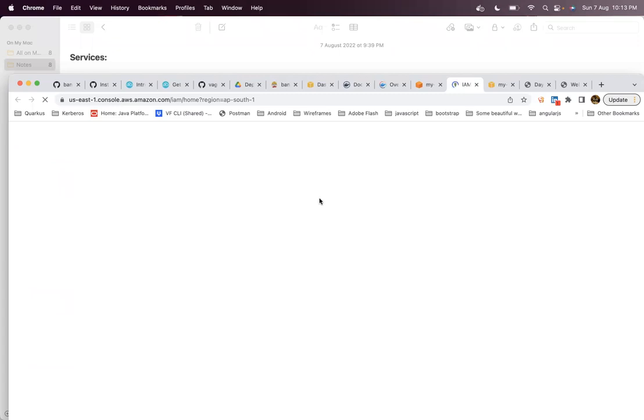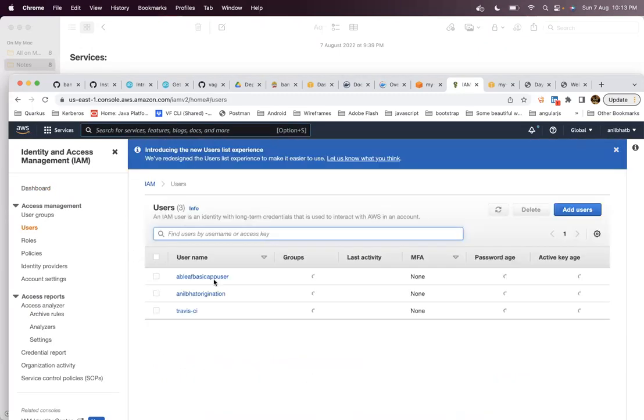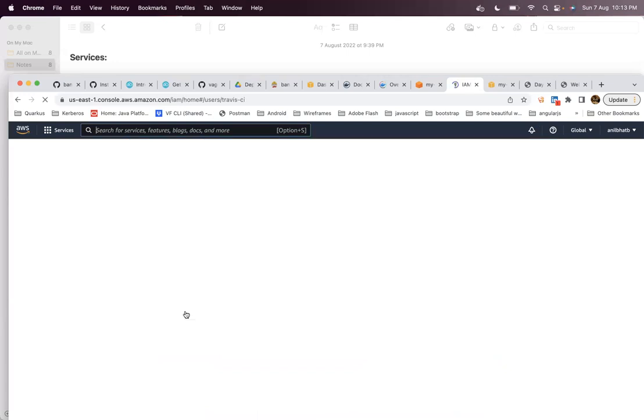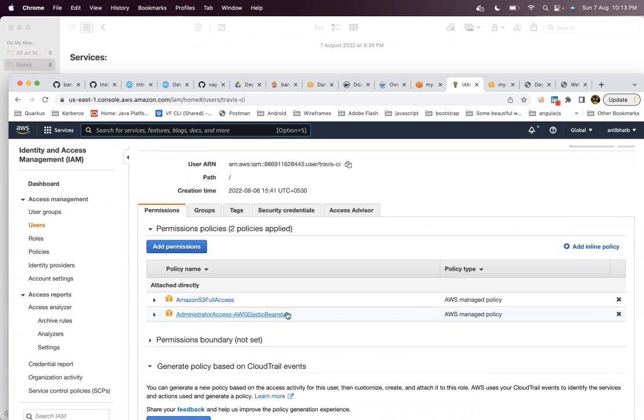And you can see in the policies for Travis CI that the policy name is a little bit changed. It is like administrator access AWS Elastic Beanstalk. So AWS services are always evolving, so there will be little changes, and we need to get updated to it.